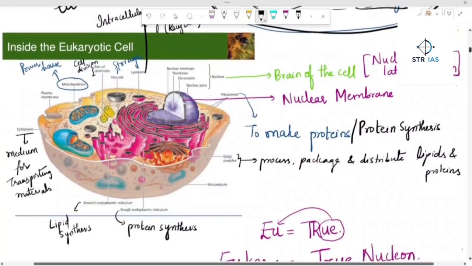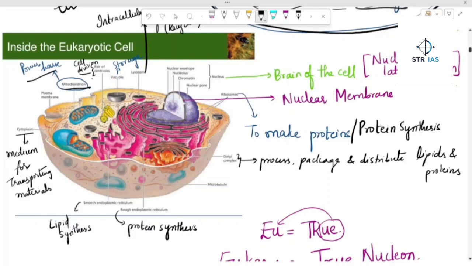So we'll be looking at all these organelles. You might have studied mitochondria in school. It is the most important blank or 1 mark question that will be there. But here we'll be looking at why it is called the powerhouse of the cell. Then there will be centrioles, which help in cell division, and vacuole for storage.